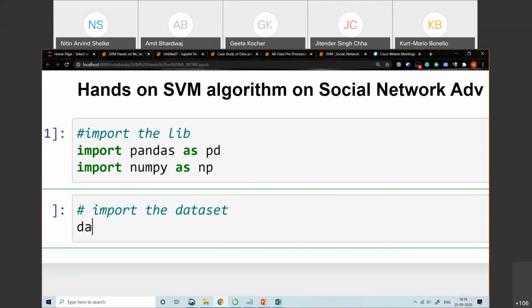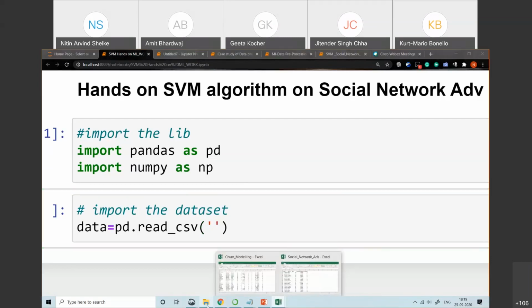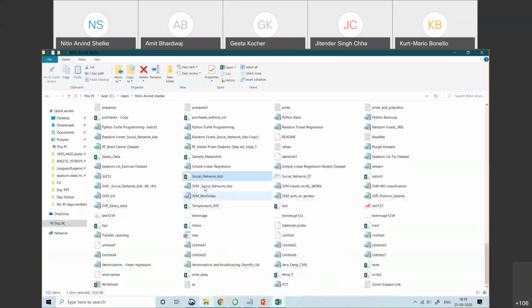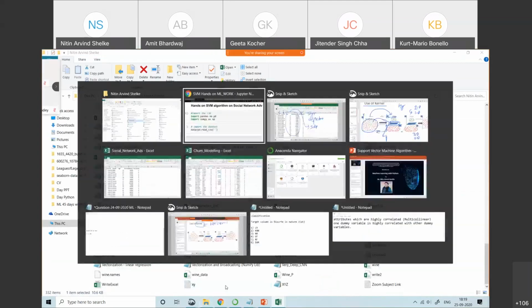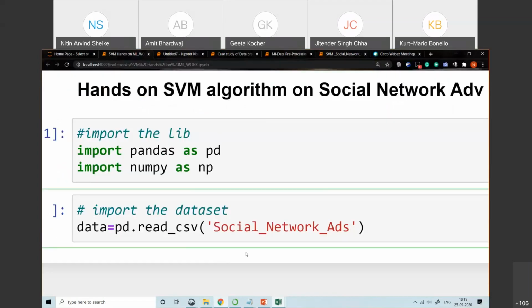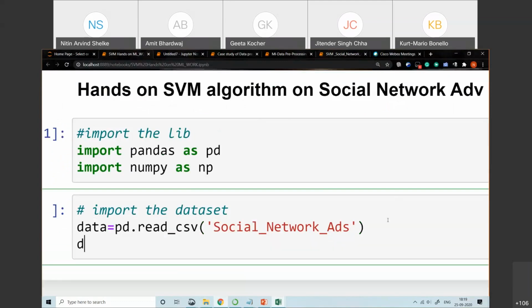We'll read the data set with the pd.read_csv function, in which we will pass the name of the data set. The name of my data set is the social network advertisement. Let me just copy it and place it over here.